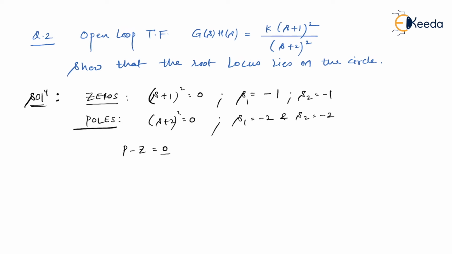What does that mean? None of the branches of the root locus will go to infinity. The reason is that even though the root locus starts at every pole, each has its respective zero to terminate at, because there are 2 poles and 2 zeros, so they compensate each other here. So let's draw a pole-zero plot, and then we will try to guess whether the root locus is really forming a circle or not.